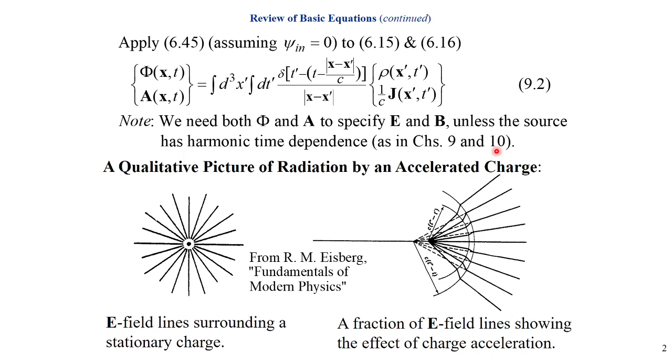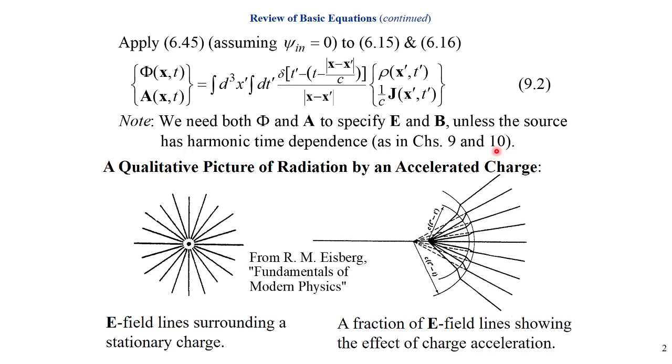But here, we consider a point charge. So it's not harmonically time dependent, exponential minus i omega t. Phi and A are not correlated. Therefore, we need both of them. Okay, that's our